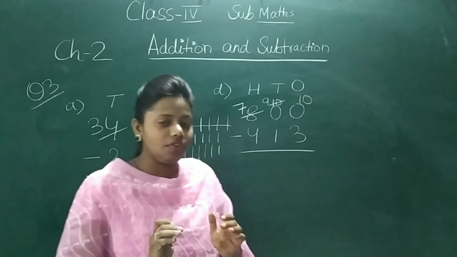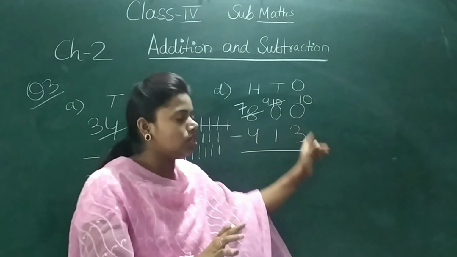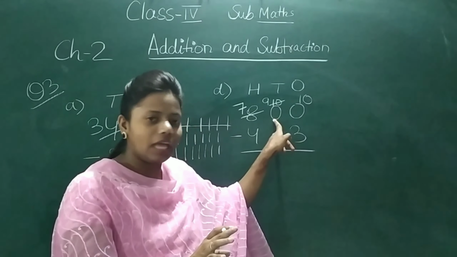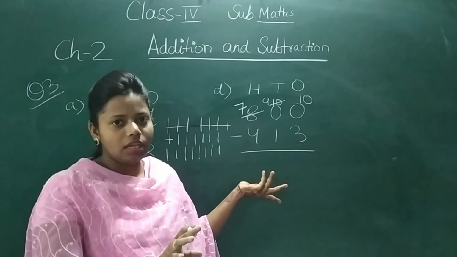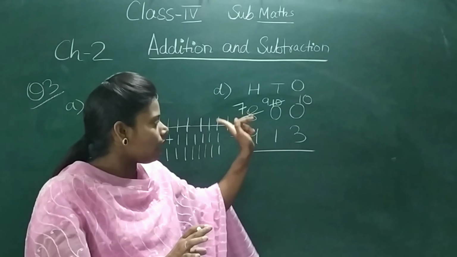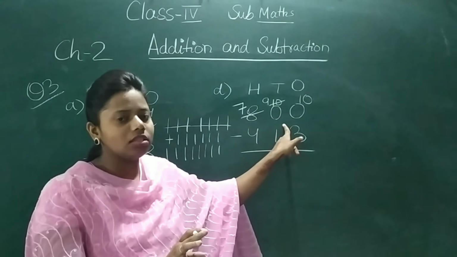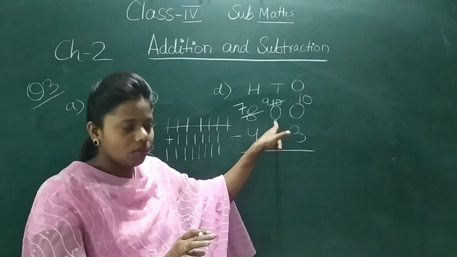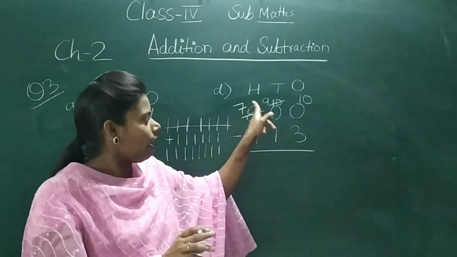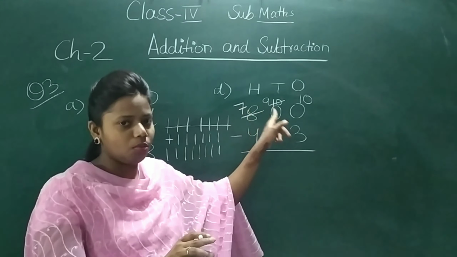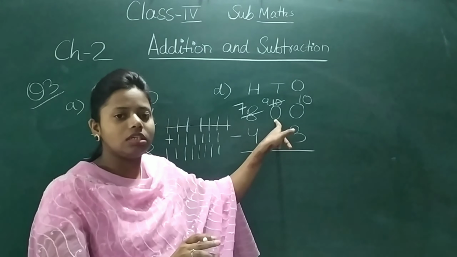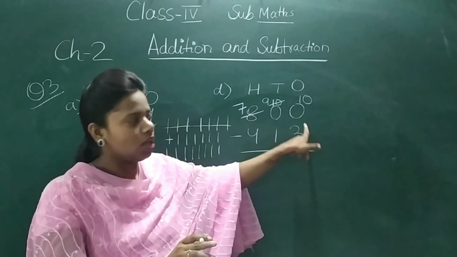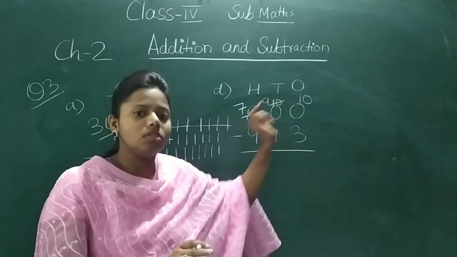Understood? Many of you get confused when so many zeros are there. You get confused about why this one is 10 and the rest of them become 9. Because this 0 has asked carry from this. It has no other number because this is 0. So this 0 will ask the carry from the number before it. So it was 8. It has given carry to it. So this 8 has become 7. And this 0 has become 10 on taking borrow from 8. Again this number has become 10. Now this can give carry to this 0. So on giving carry to it, it will become 9 and it will become 10.